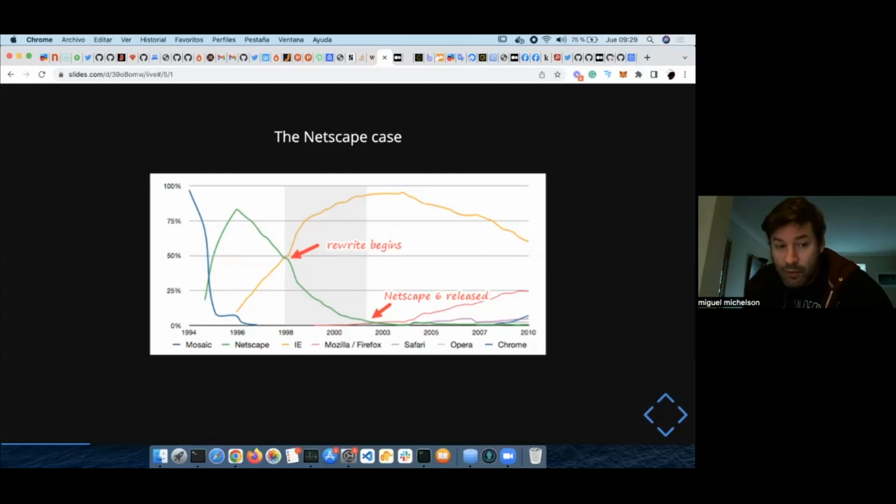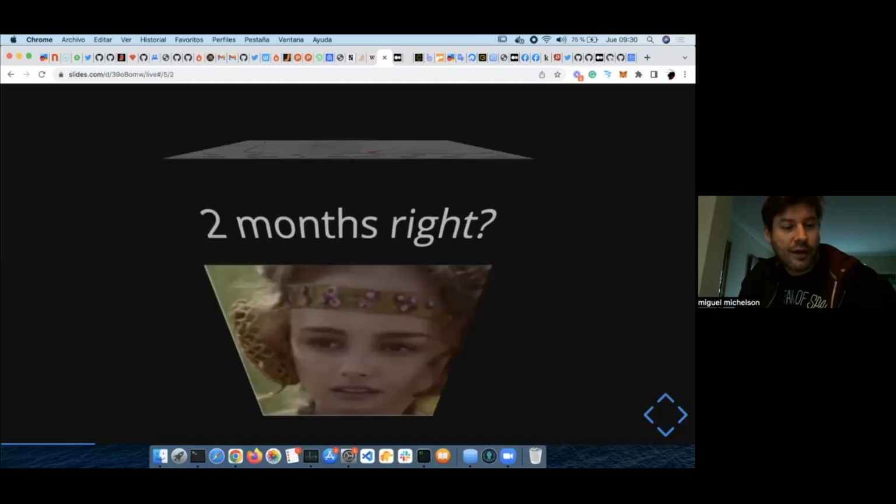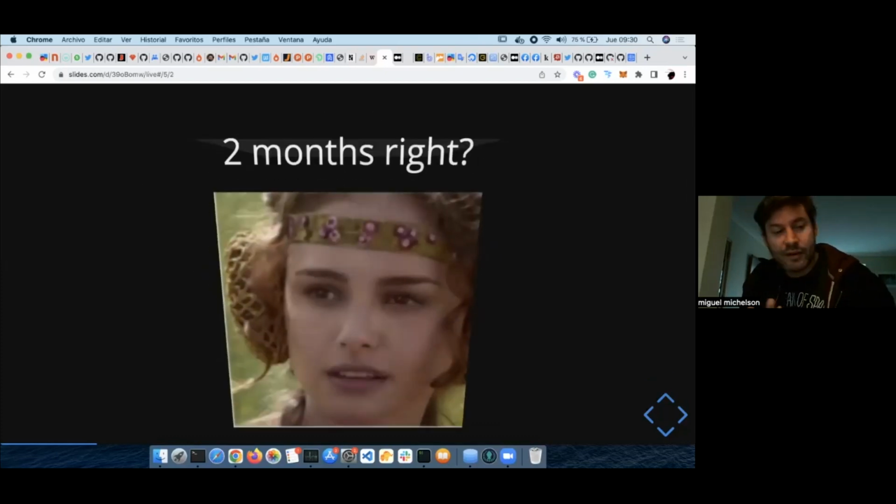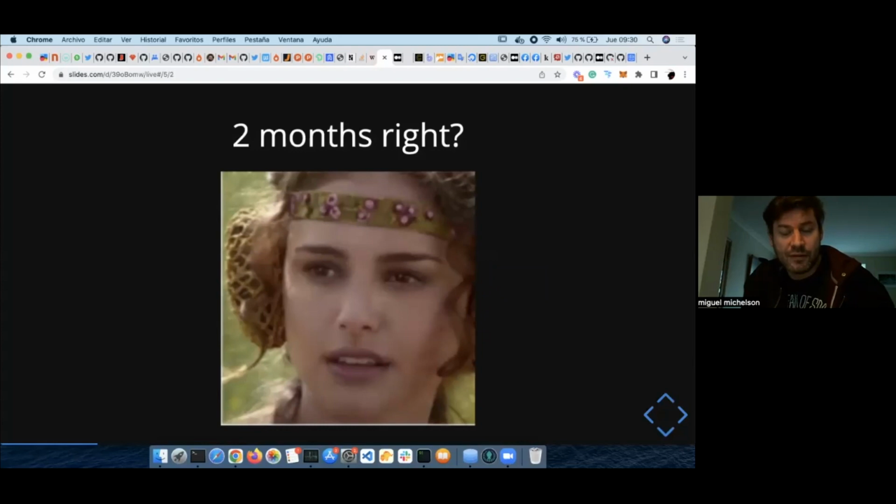It was slow, and the market share of Netscape dwindled to practically nothing. And Internet Explorer took over. But in our case, my rewrite should only take 2 months, right?